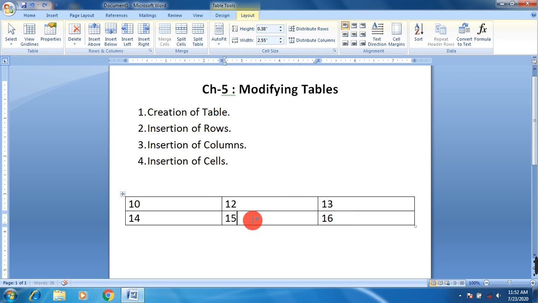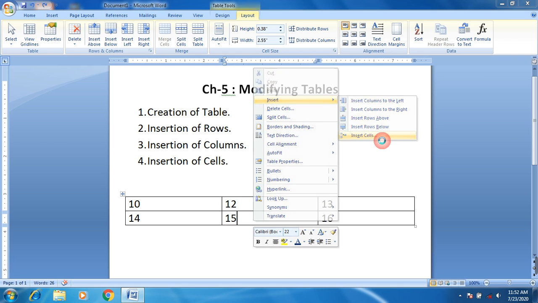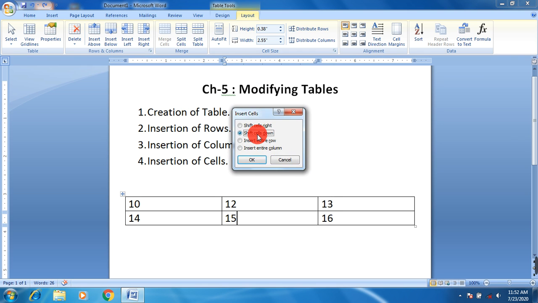Now I'm going to show by shifting data below. So I have to insert cell here. Again, right click and choose insert option and insert cells, and I'm going to shift cells down.